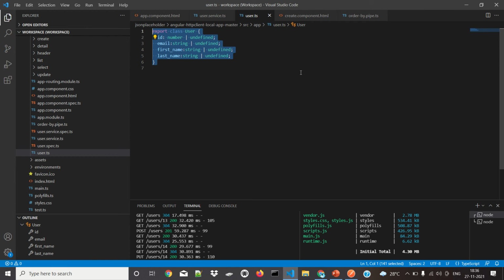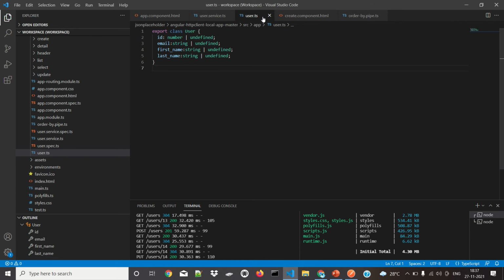This user.ts is mainly used for structuring the class. If I'm not declaring this user class, each time I have to declare what entries are present in it: ID, email, name, first name, last name, everything I need to input as a structure. Instead of that, I can create a class, and I can refer to this class anywhere. So the input members and the output members will be in this format. It must contain these five entries, and they will be present as they are.